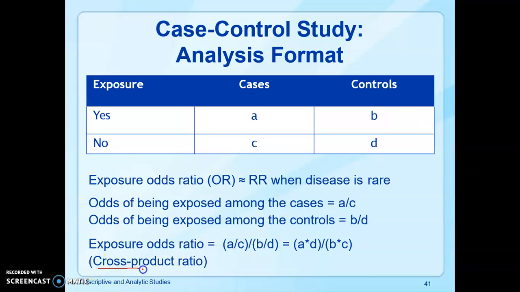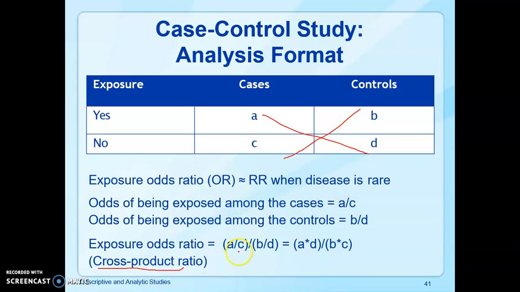Ginamit nimo ang cross multiply. I-cross multiply nimo sila and then divide. So, ang formula basically is